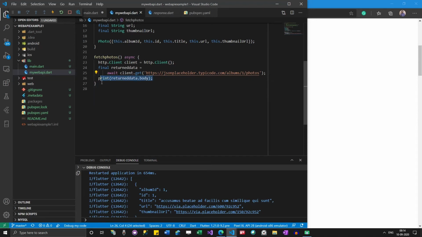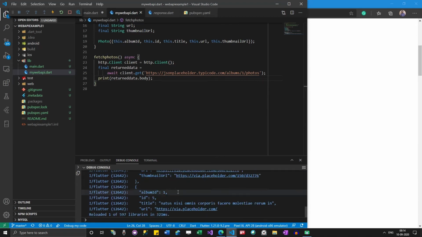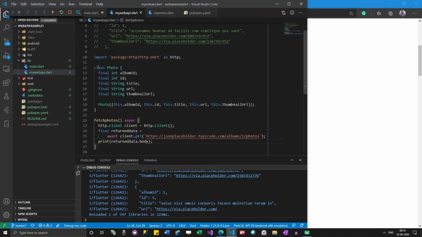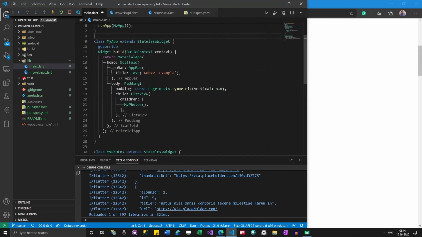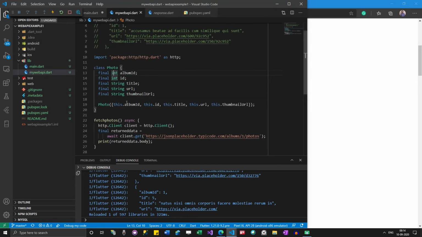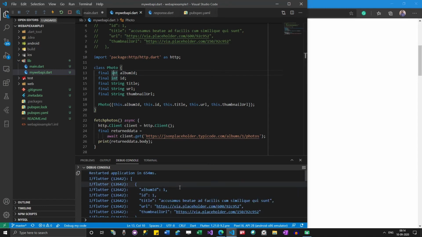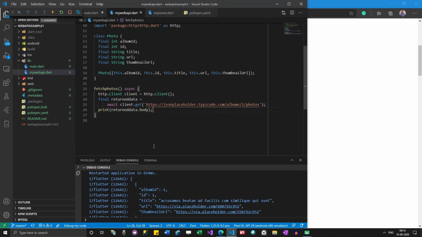So now I have the data. Now I need to convert that into these photos. I need to make them a list of photos, so that I can actually use them here.